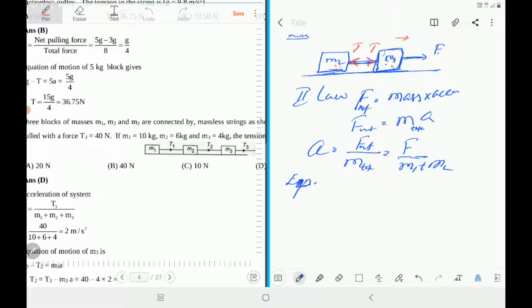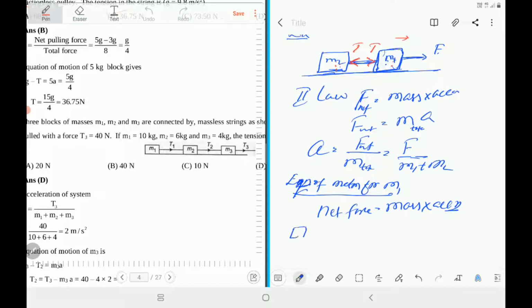How do you write the equation of motion? We have already been doing it for almost the last full video. What is the equation of motion? Equation of motion, right? For mass M1, how do you write the equation of force? Net force. Again net force. Net force is mass times acceleration. What is net force for mass M1? How do you identify that?